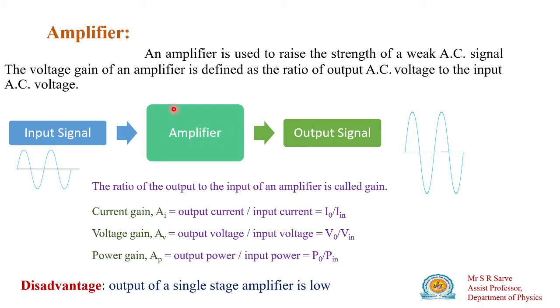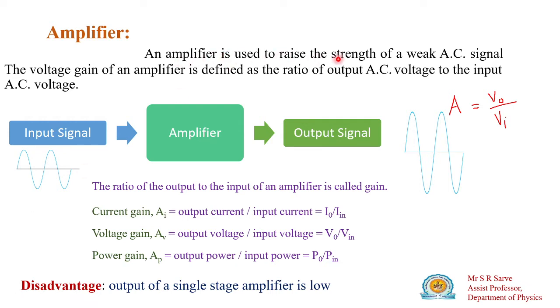And what is the gain? The gain of this amplifier can be written as follows. Gain is denoted by capital A. A is equal to the ratio of your output voltage and input voltage. So this can be written as A = VO / VI, where VO is your output voltage and VI is your input voltage. This gives you the gain of your single stage amplifier.